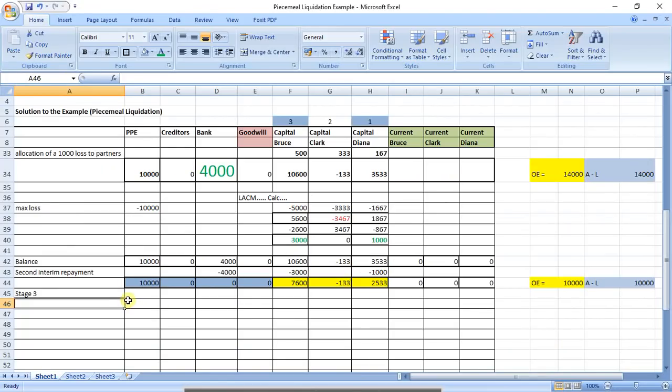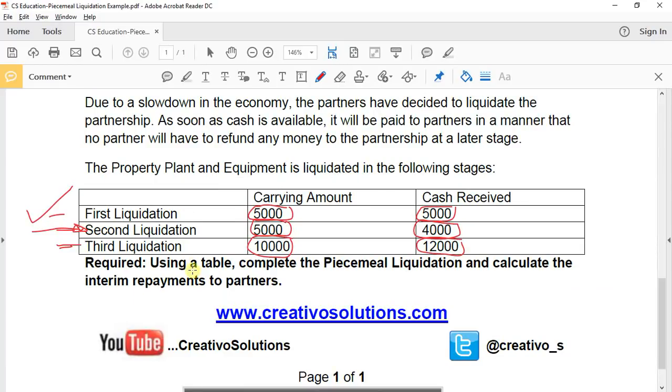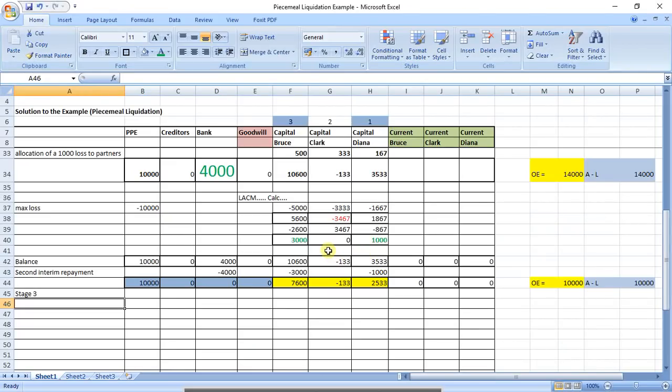Okay, so stage 3, that's a really good stage for the partnership because the assets have been sold for more than its carrying value. A profit has been made. Alright, so sale of remaining PPE. Okay, there's a profit that needs to be allocated. How much PPE did I sell? 10,000. Okay, in terms of bank, we realize 12,000 Rand cash. Okay, there's a 2,000 Rand profit. The profit needs to be allocated